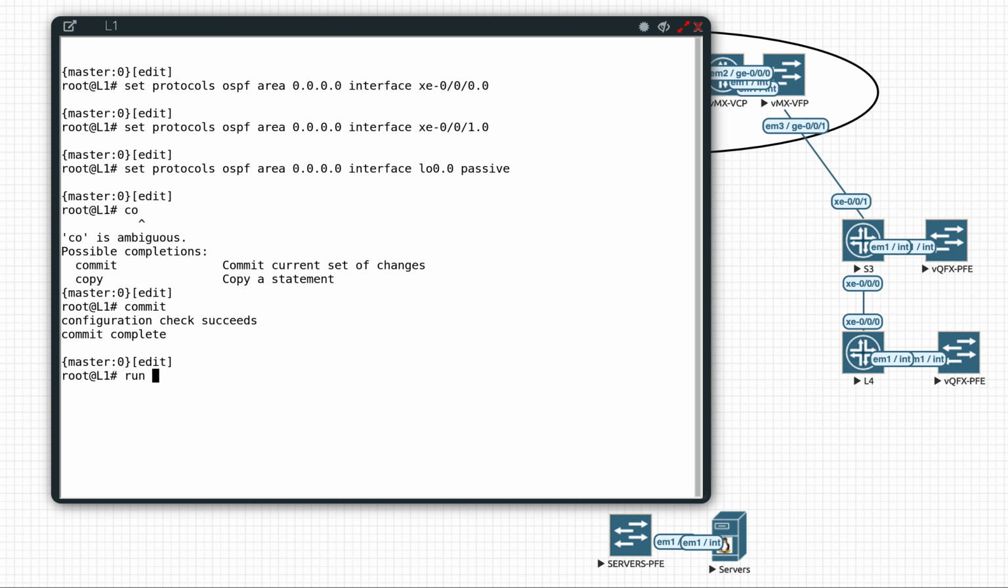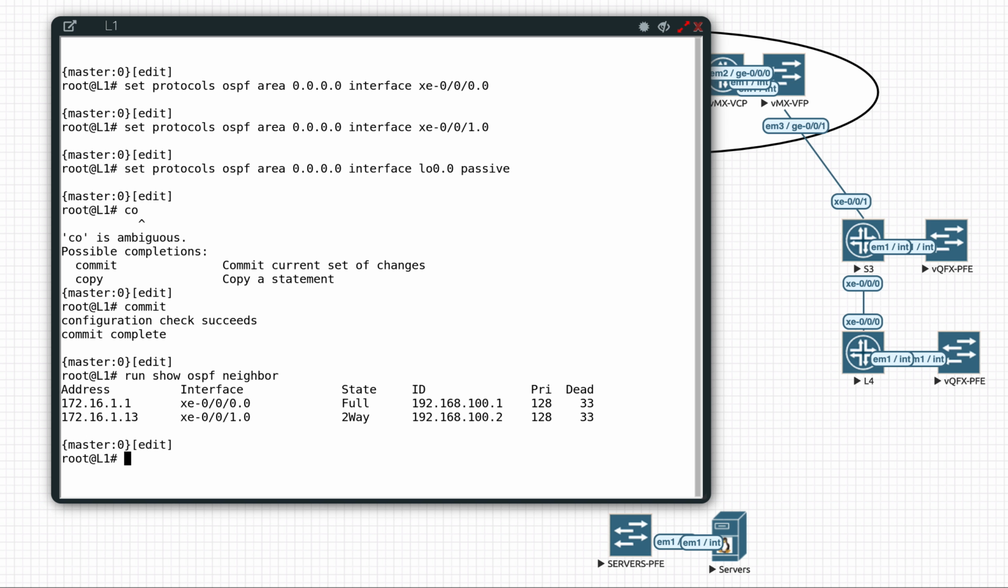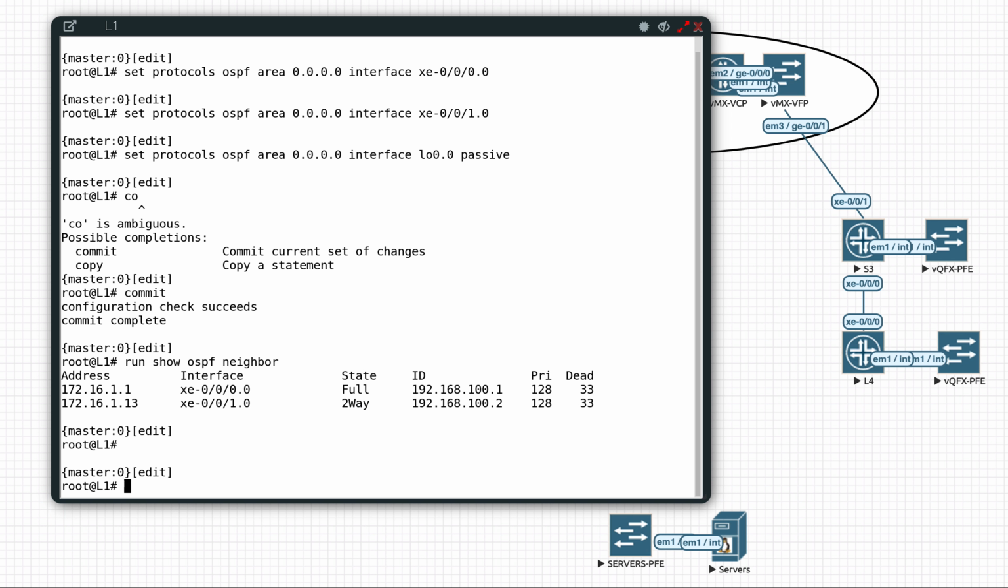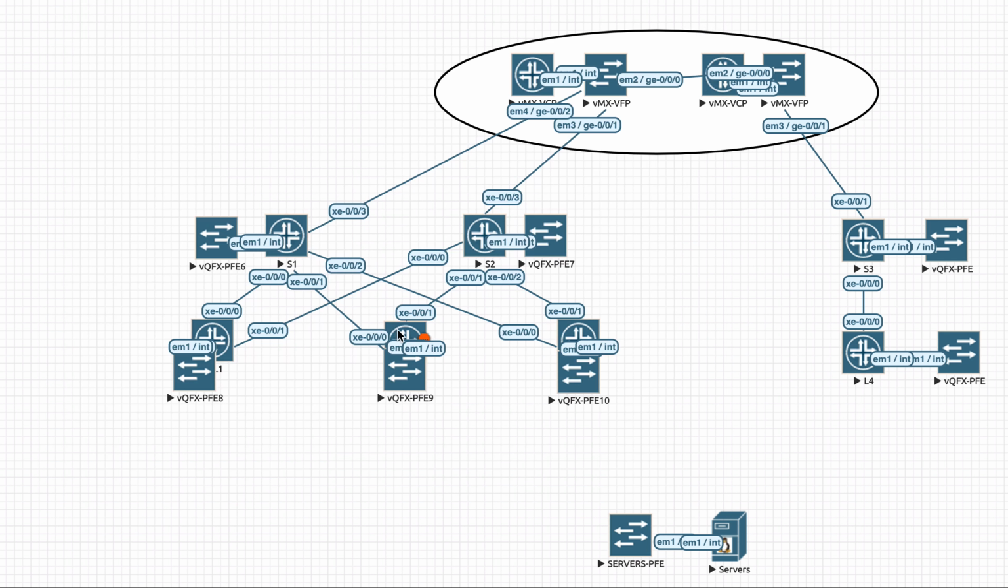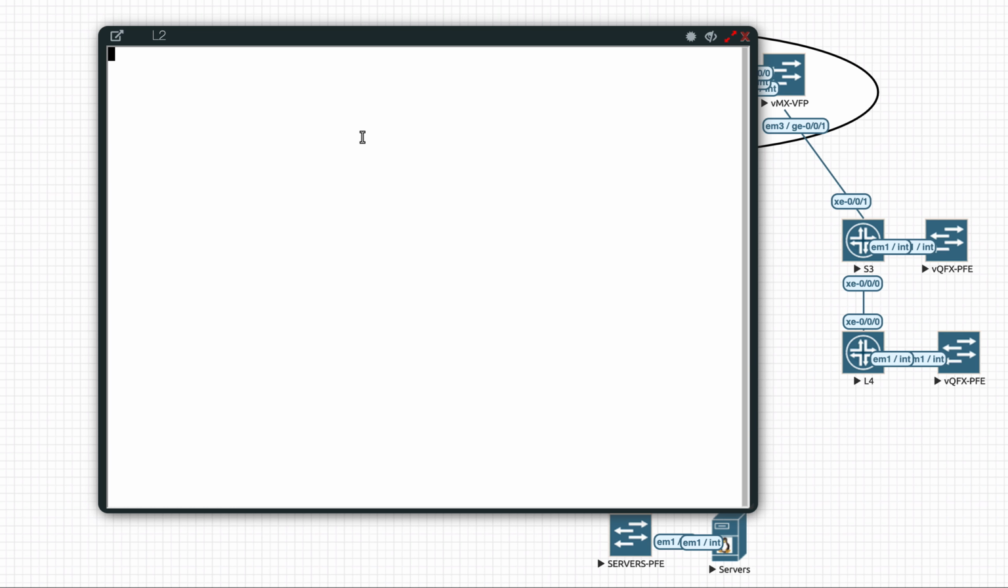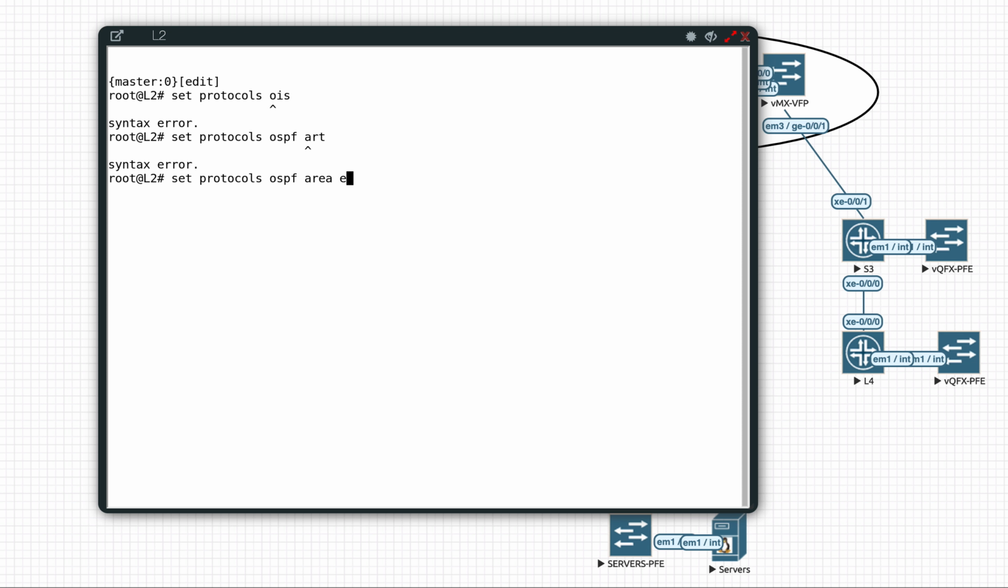All right, and you got 2 OSPF neighbors. And what I'll try to do, well, just hold on for a while. And we go for the next leaves. Meantime, we let the OSPF converge. Set protocol ospf area